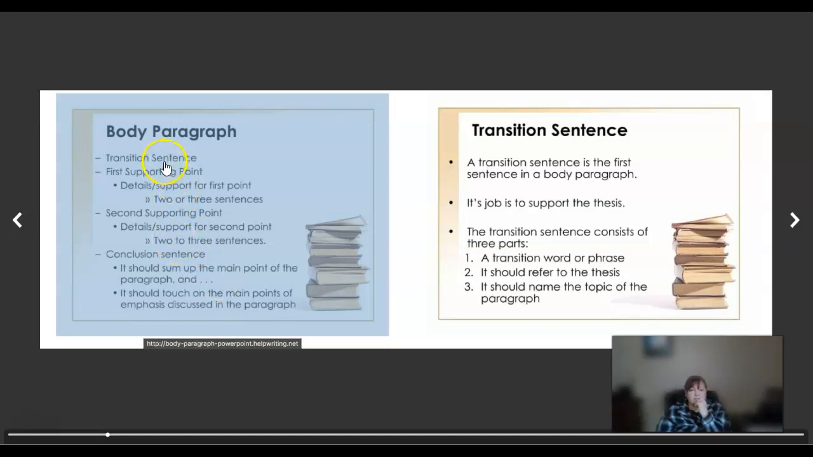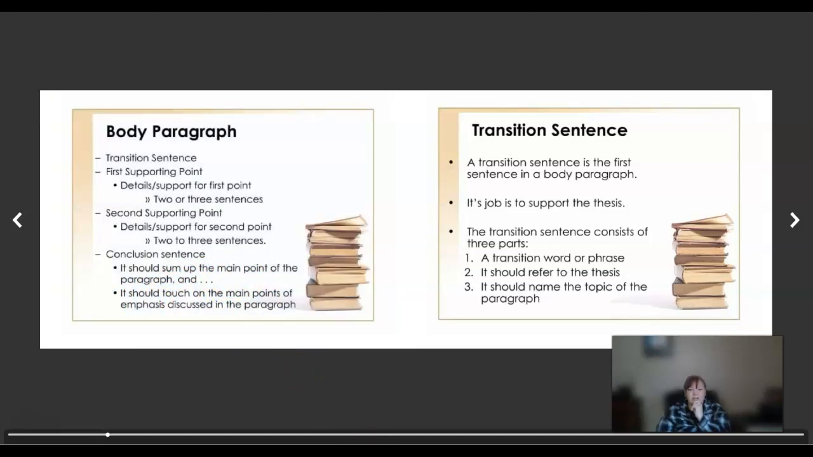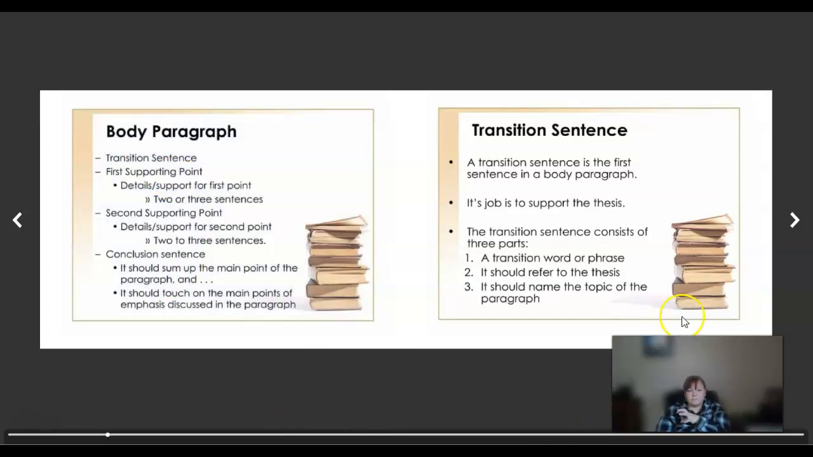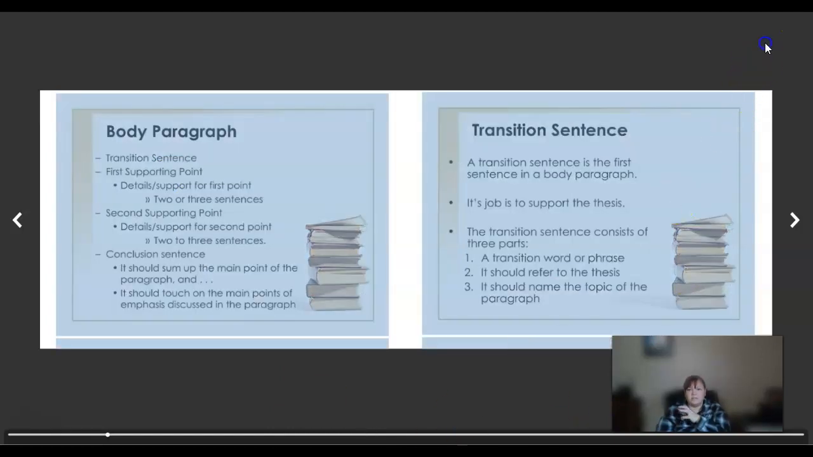So you start with your transition sentence, your first supporting point, and details that support the first point. Then your second supporting point and details that support the second point. And then the conclusion sentence. It should sum up the main point of the paragraph, and it should touch on the points and emphasize what was discussed in the paragraph. So your whole thing on your first paragraph will be,